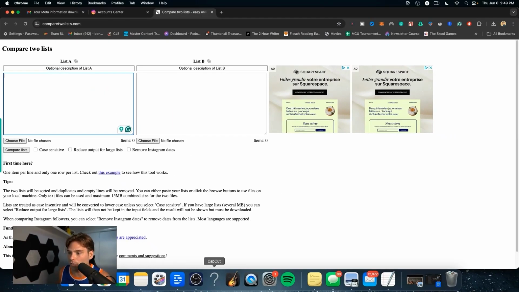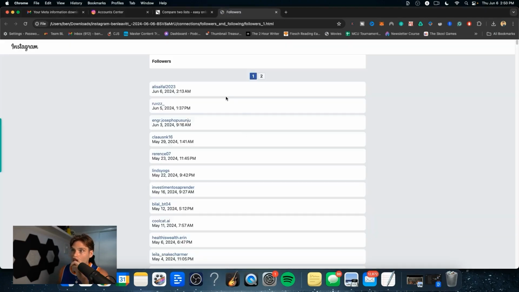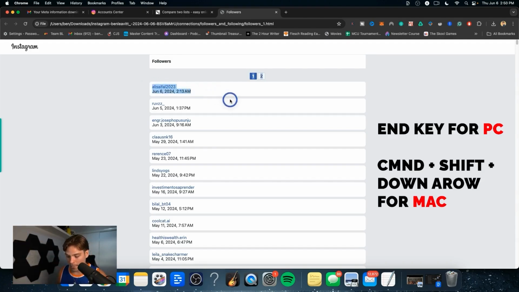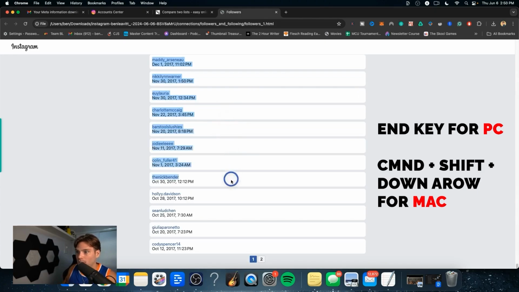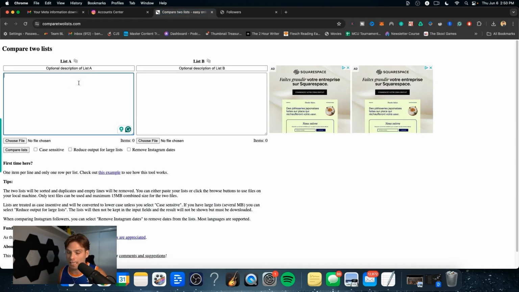So all you have to do is first open up the followers tabs. This will depend how many you have, like how many times you have to open it will depend how many followers you have. So all you do is Command Shift down, I believe it is, to go all the way down to the bottom of the page. Yeah, for Macs. And then we'll pop up how to do it for PCs. All that's doing is copy and pasting everything that's on the page. So you want to do all of that, then click Command C, go back to list A, and then paste